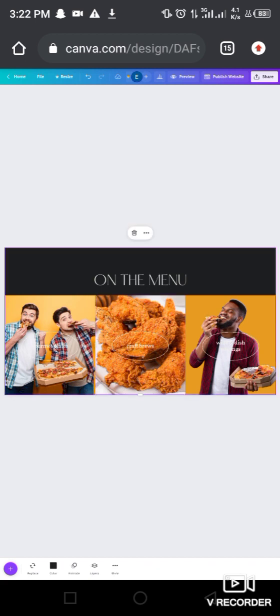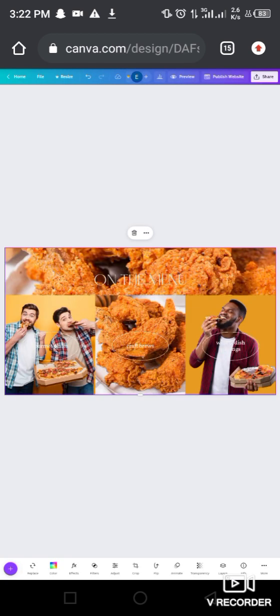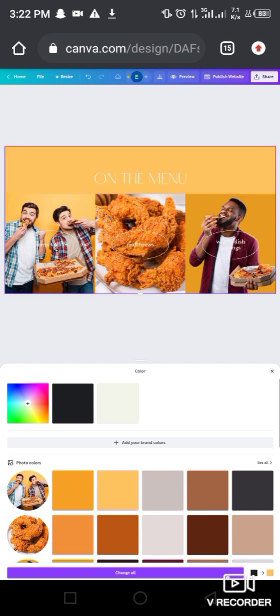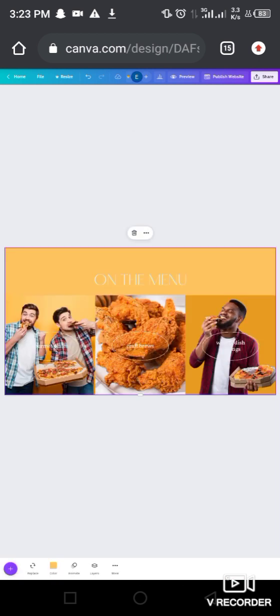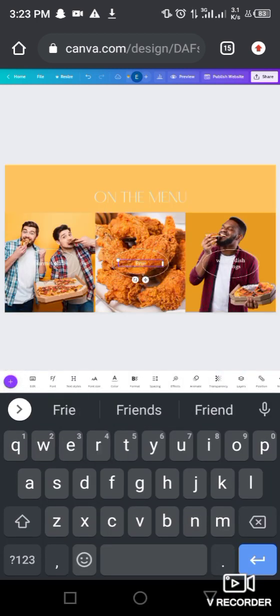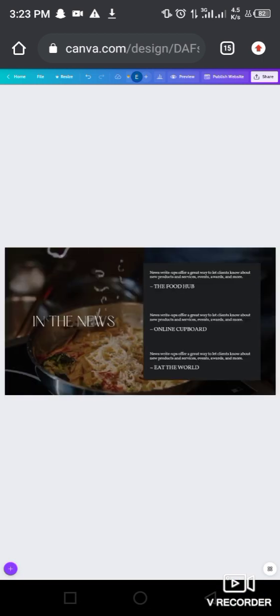And let's change the background. Let's replace the background. Let's use the color. No, doesn't make sense enough. No. Let's choose the color to replace it with. Right. Okay, I think it's nice. Okay, so that is good. This is good so far. So the next thing we are going to do is